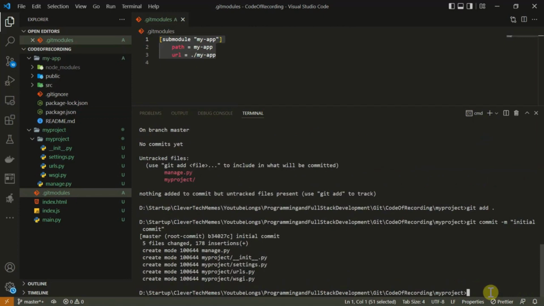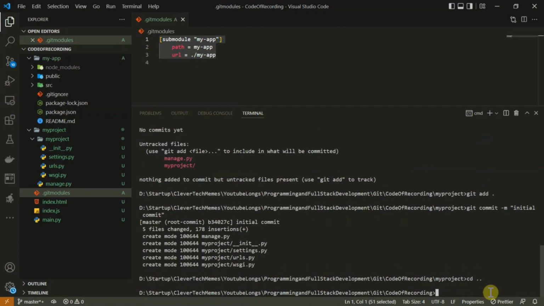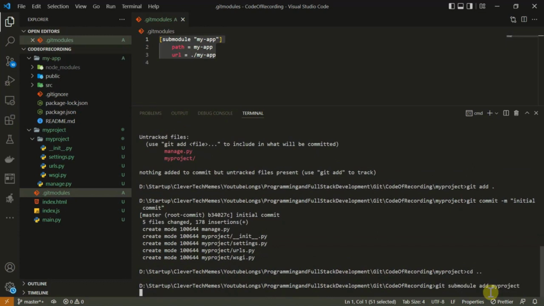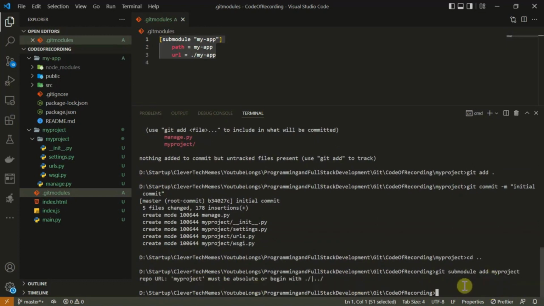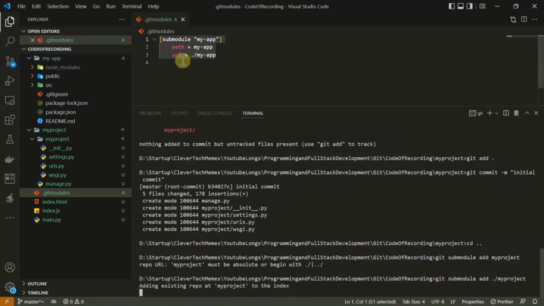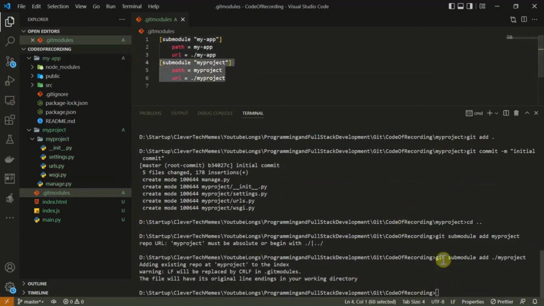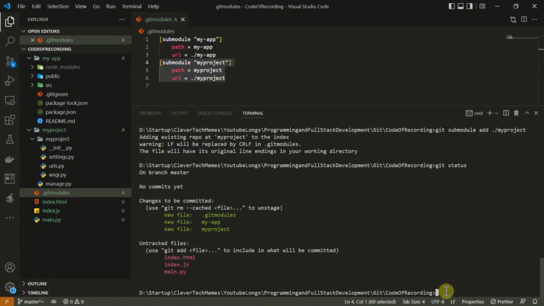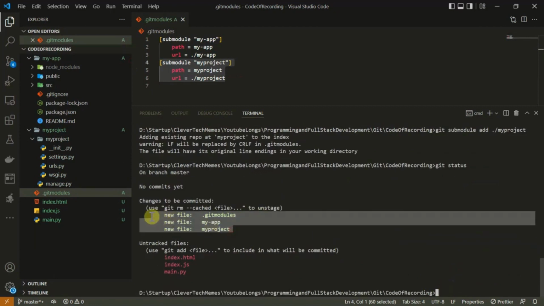So now this is our first commit, and let me go back to the root of the repository, and I write git submodule add my project, and add this project also. Again, I wrote the path wrongly, so I need to say ./my project, and now this should appear here as a submodule. So that's nice. Okay, we have two submodules right now, and if I write git status in the root of the repository, I can see these files